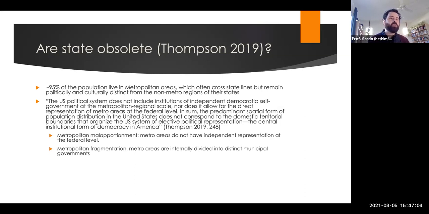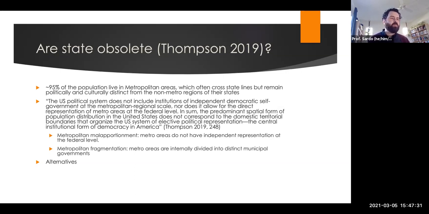In the article, he uses the example of gun violence in Chicago, right? That Chicago has very strict gun regulations, but it can't impose those same gun regulations on Evanston or on Waukegan or on Gary, Indiana. And so because of this, he argues that this really affects both the quantity and quality of representation, right? We all know the California versus Wyoming in the US Senate, right? That they both have two senators despite massive population mismatches.